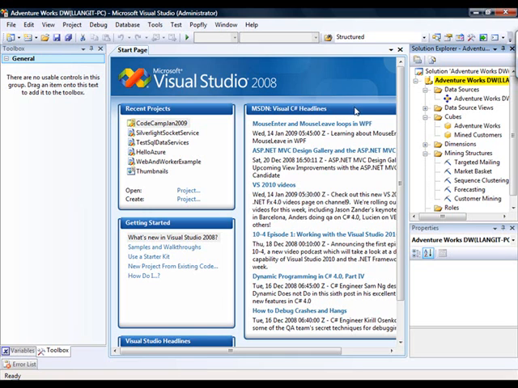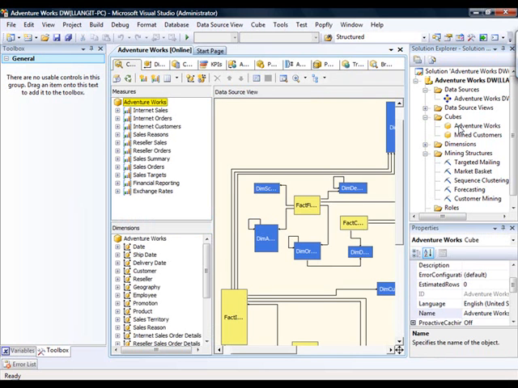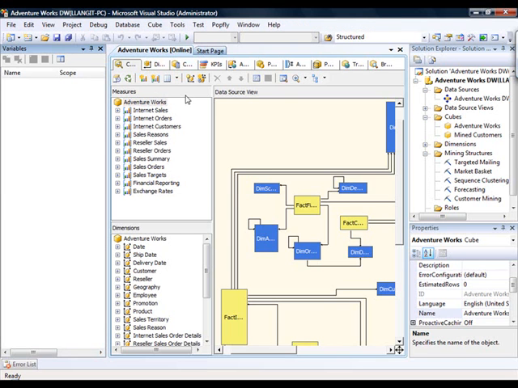So you can see over in Solution Explorer, we've got the sample AdventureWorks DW loaded here, and we're going to navigate to the cubes folder. And inside of the cubes folder, we have two sample cubes. The one we're interested in is called AdventureWorks. So we're going to double click it to load its information in the various editors and viewers that are available with BIDS. We're going to close the toolbox because it just takes up screen real estate that we would prefer to have for our cube browser,